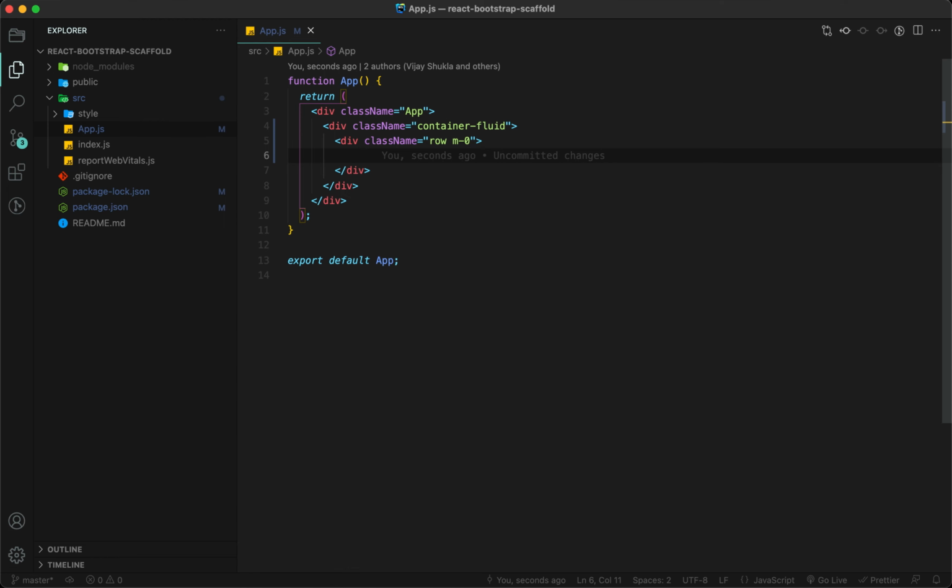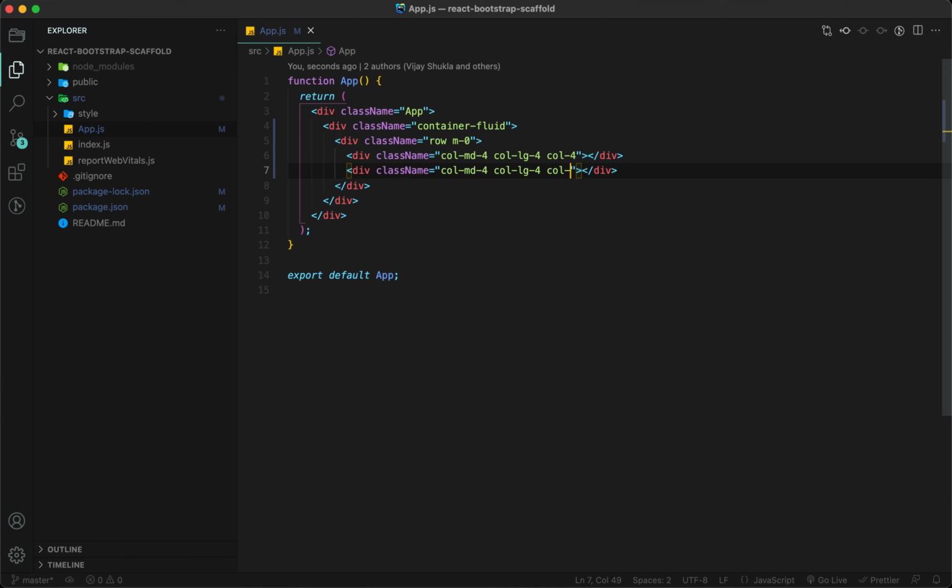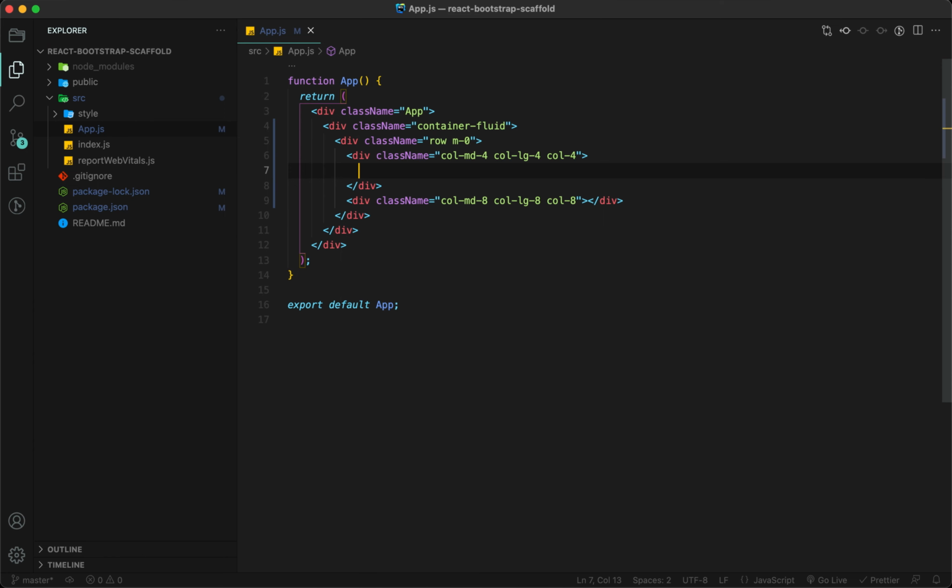And I'm going to create columns. One will be size 4 and one will be size 8. So this will be col-md-4 and col-lg-4, and I'm going to just replicate this one and change this to 8. The 4 will be used to add our buttons and to show the preview of the image, and the rest, the React Image Crop, will be in the column 8.